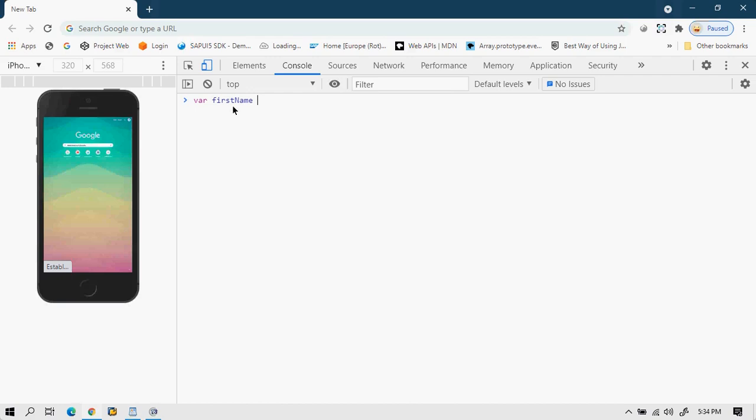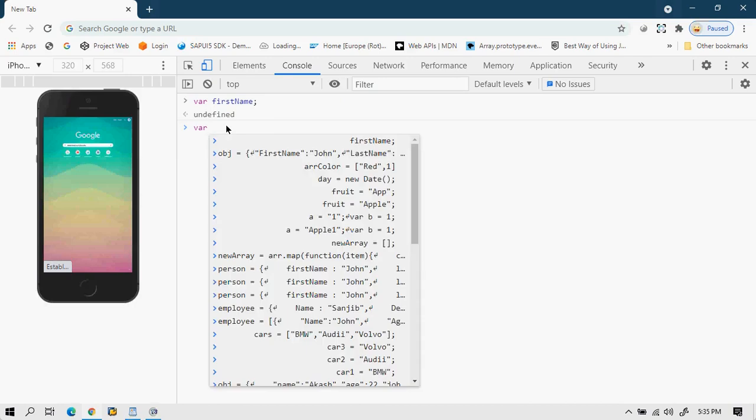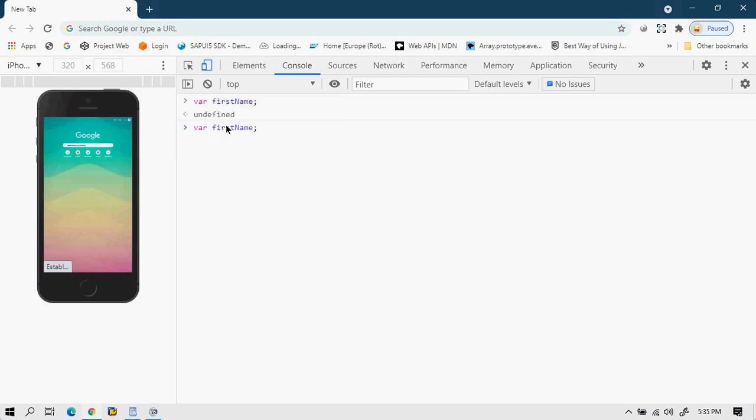Initially I will declare a variable. When I hit enter, it will always return undefined. Why is it returning undefined? Because in JavaScript, whenever you declare any variable, it will assign the value undefined, because the value is not there at present. But if I again declare the same variable, this time also defining some value,